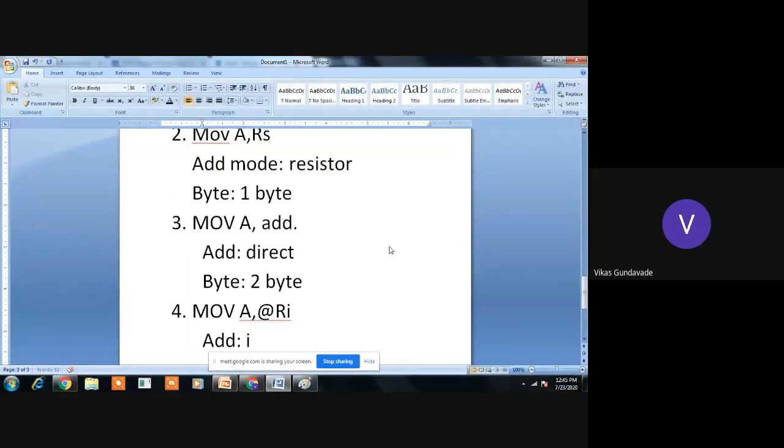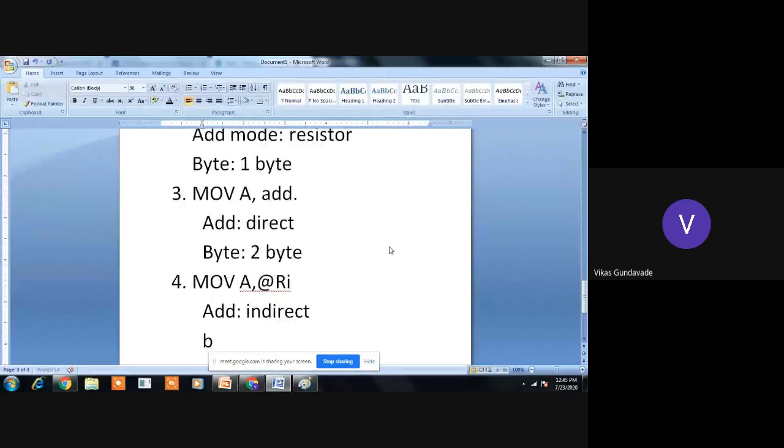It is indirect addressing mode. And how many bytes are required for the instruction MOV A, @Ri?